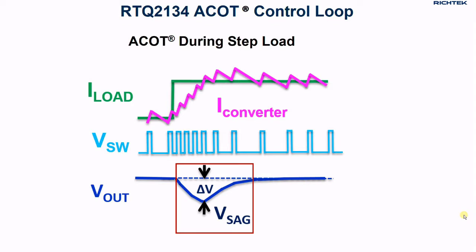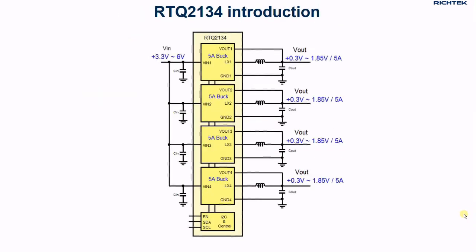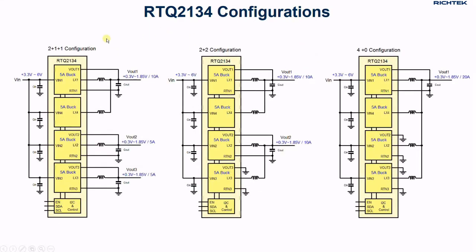processor power supply applications. The RTQ2134 PMIC integrates 4 of these 5 amp ACOT buck converters. The input voltage can range from 3.3 to 6 volts, and the output voltage can be programmed from 0.3 to 1.85 volt with high accuracy. There are 3 configuration versions: